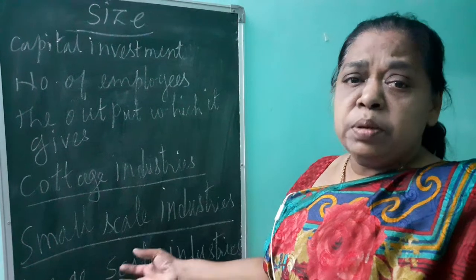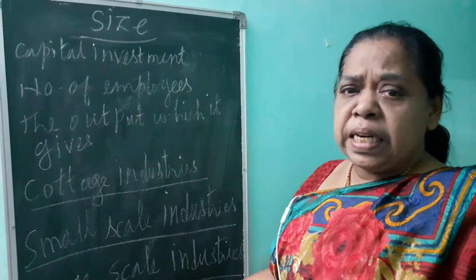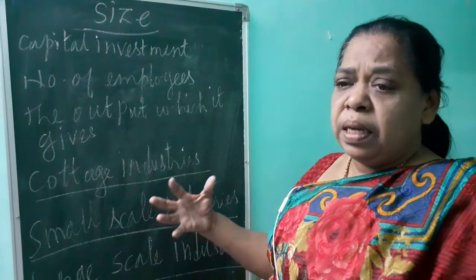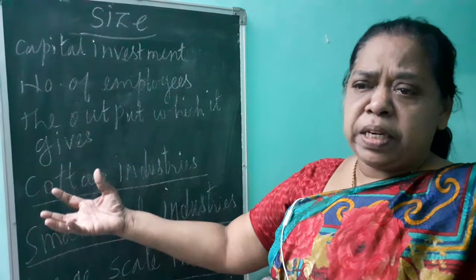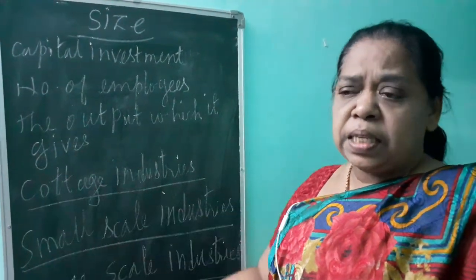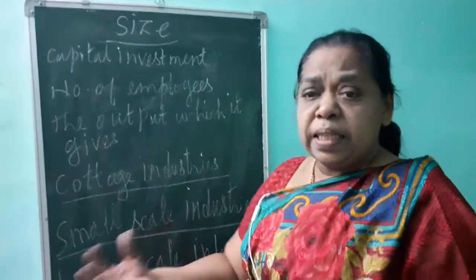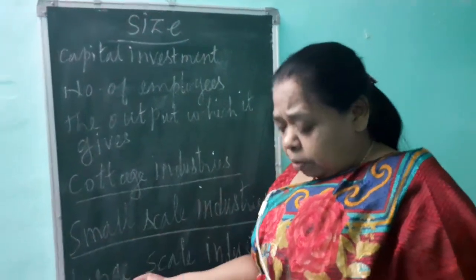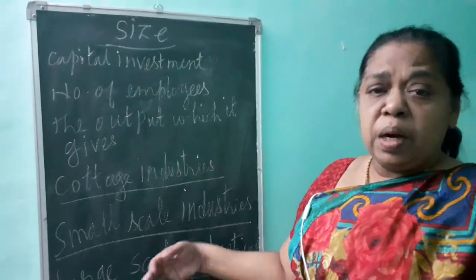This product is used in other industries also. For example, in the textile industry they will produce the cloth. Other people will manufacture the dress material or dresses. They are giving the material and producing the dresses. Like that, other industries are getting their raw material from the large scale industry. For example, this is sold in the outside market.